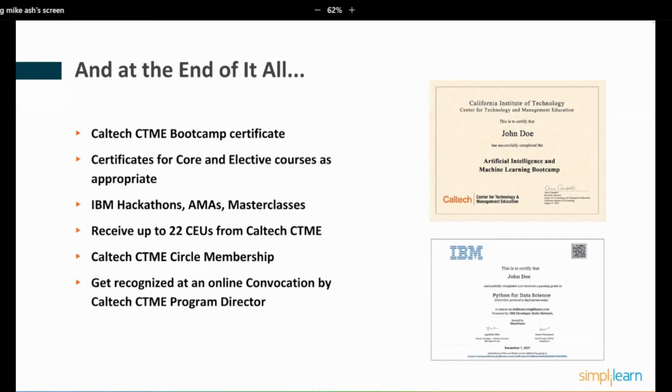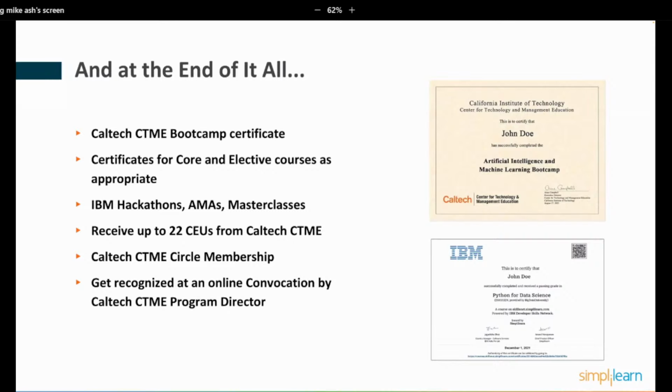We've teamed with IBM to offer a deep dive into Python for data science. In this, you'll be able to join in some masterclass sessions, which are monthly, with either a Caltech instructor or an IBM instructor, and do Ask Me Anything sessions. If you have any kind of question, bring those up. Understand how they are applying machine learning in different cases and scenarios.